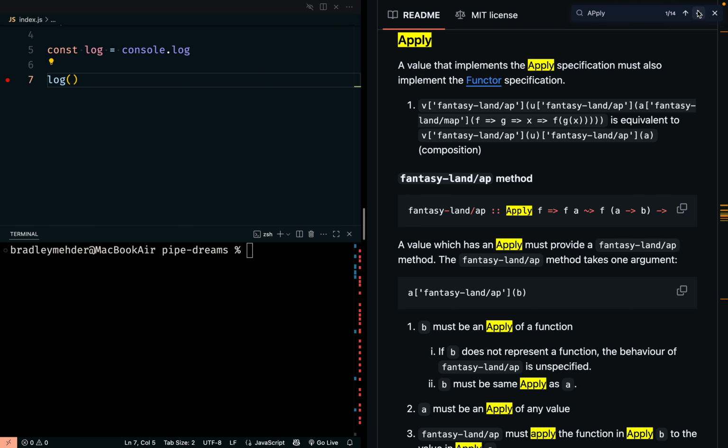So let's click on that. So apply is a value that implements the apply specification. Or I'm sorry, yeah, a value that implements the apply specification must also implement the functor specification. So that's why I just said. And then it has all this business. I don't know what this means. But the app method,